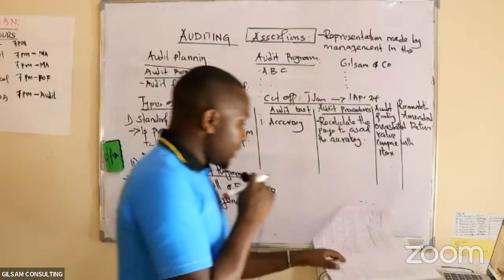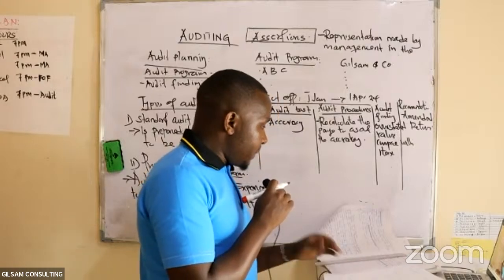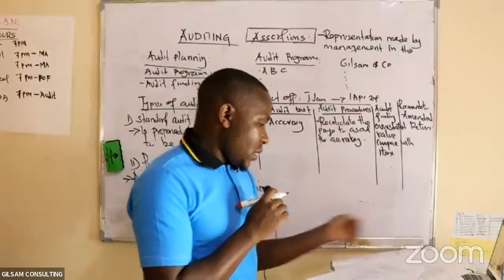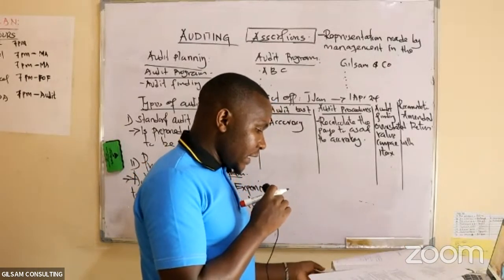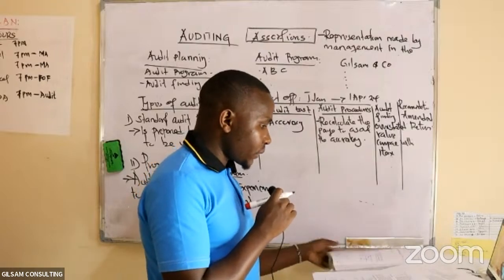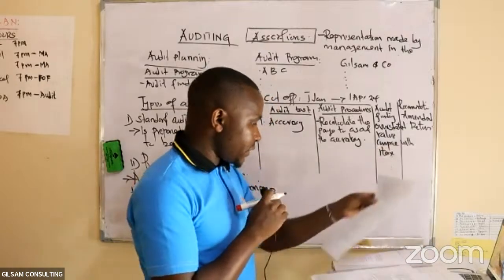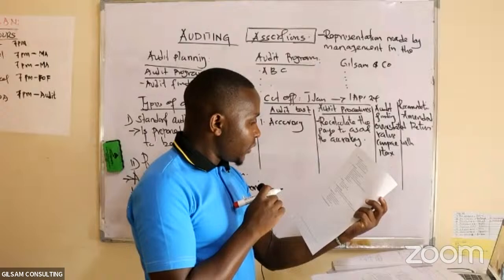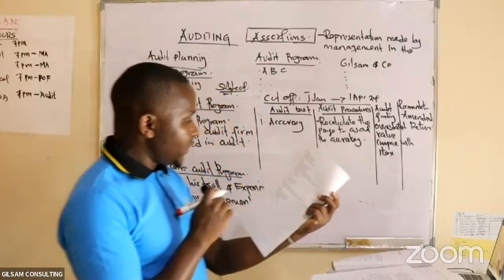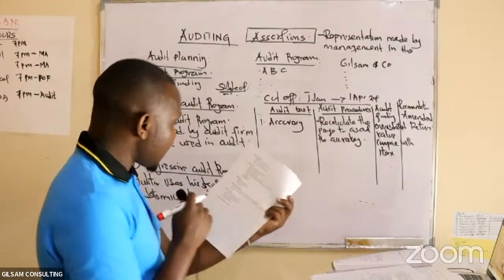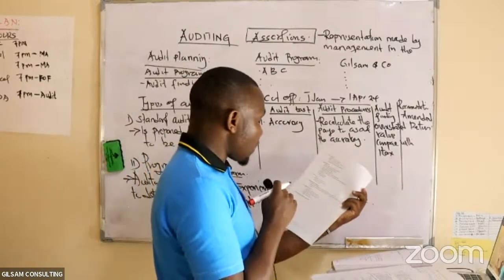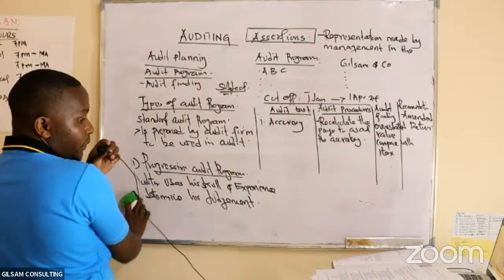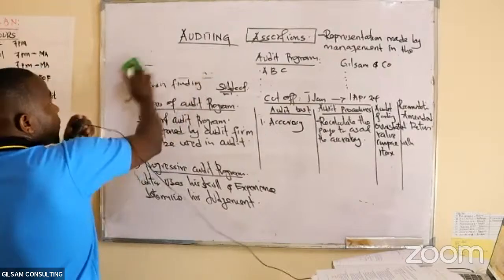So the next is now the business risk, or what is called the detection risk, errors and fraud in an organization, or the approach. If you look at your syllabus, you need to cover the audit risk. So we have the audit risk, the definition of the audit risk, the components of the audit risk, and what is called the risk-based audit. So that's what you need to know in the topic of audit risk.